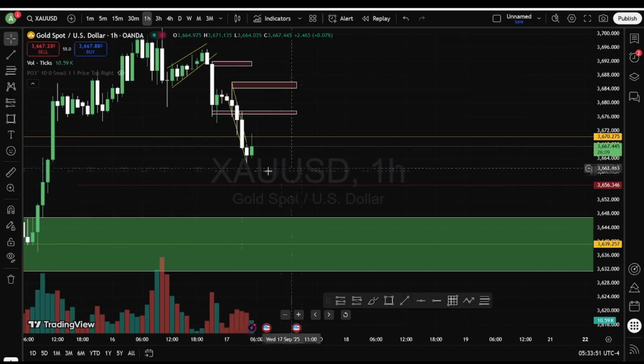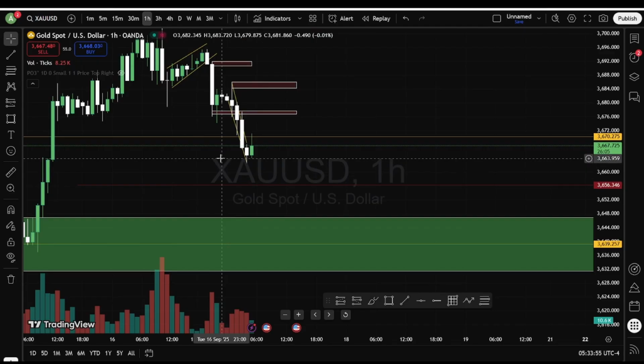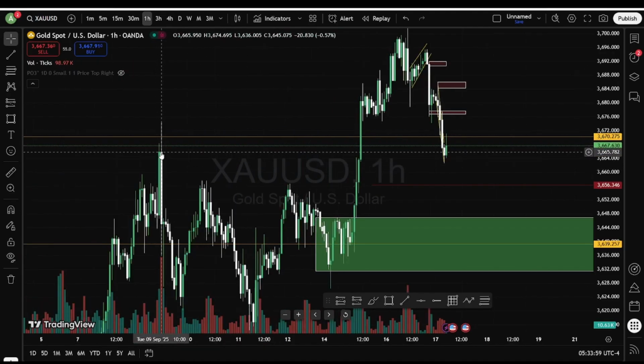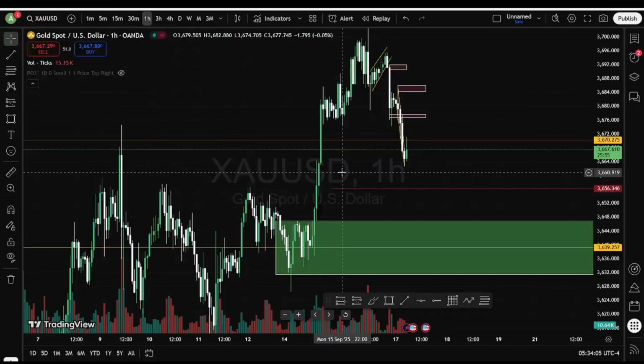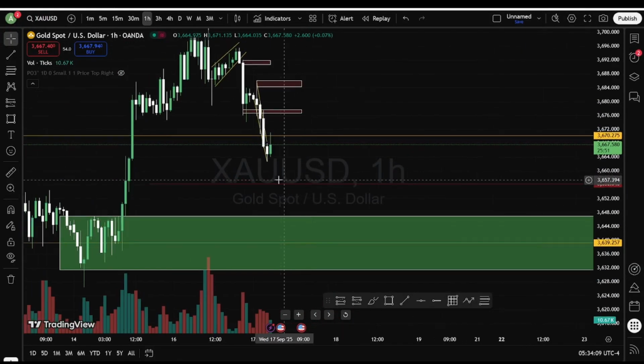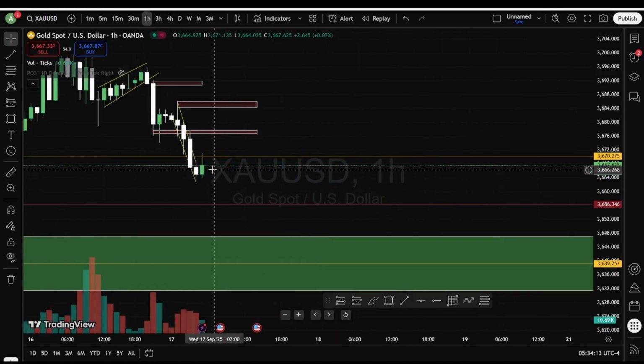Why? Because previously the 60 level is our support zone. You can see this is our support, 60 to 65. This is our resistance, now it became support. So in this support, more sellers close sell trade. So in order to attract more buyers, the prices can go upwards, do a range here and come again.